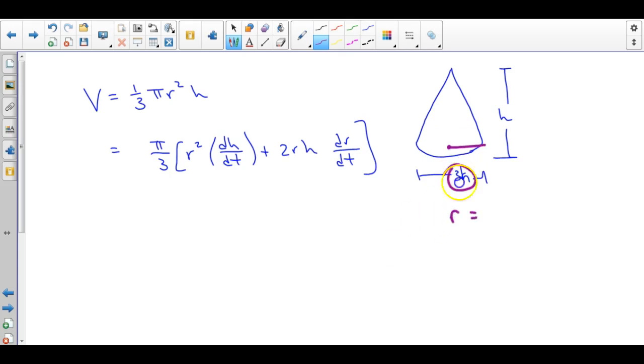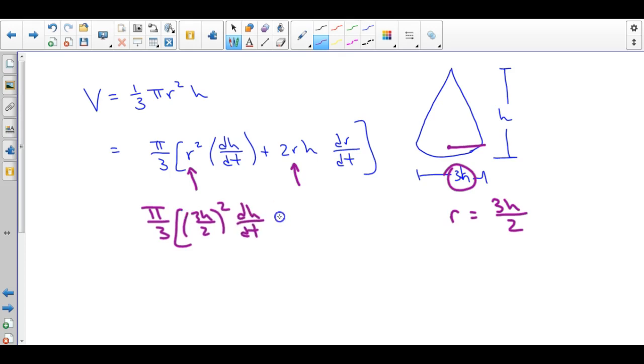So the radius in this case would be 3h over 2. That is what you would want to substitute into this differential equation in for r, because then I would have pi over 3, I would have the 3h over 2 squared dh dt plus 2 times 3h over 2 times